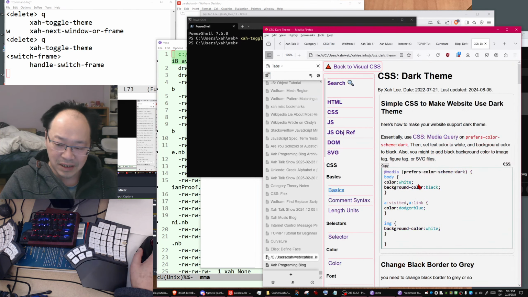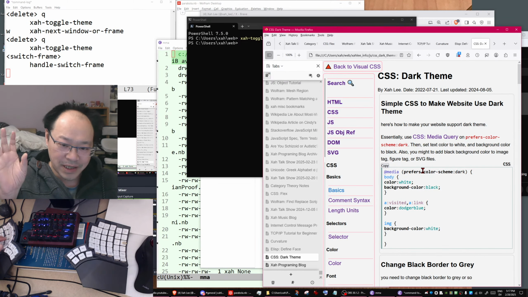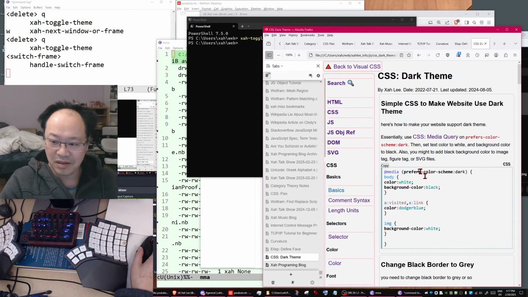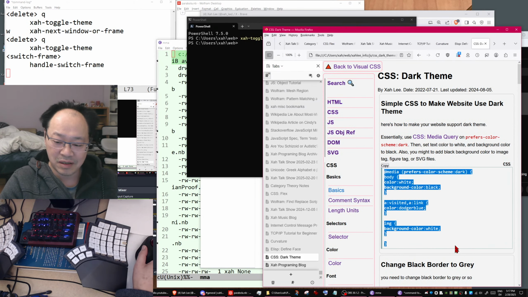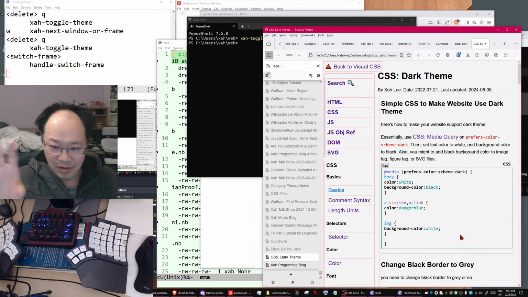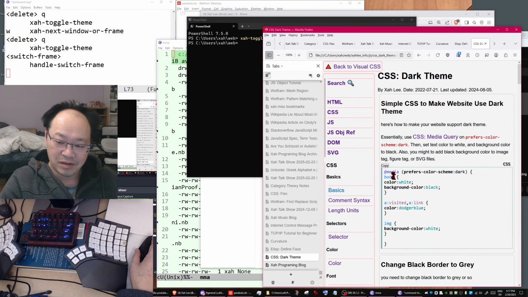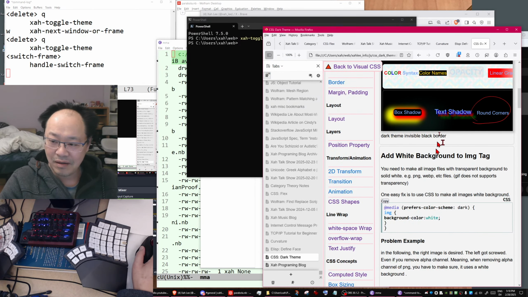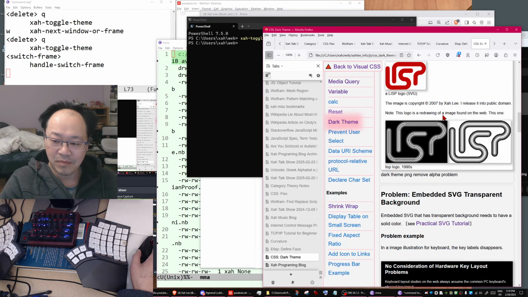there's an article, CSS dark theme, about how you actually make your website dark theme. There are a lot of details. You can just put this code in and your system will become dark theme, depending on whether your operating system is dark or light. If your operating system is dark, your website is dark. If it's light, your website is light. But that's not all, because if you just do it, a lot of your website will become bad.